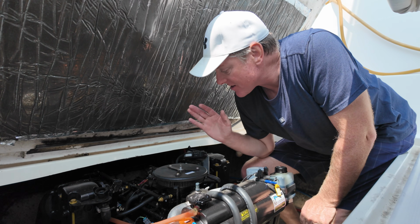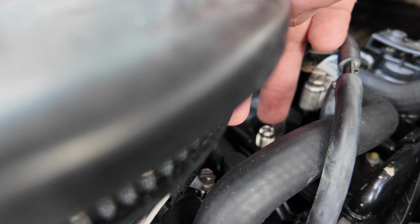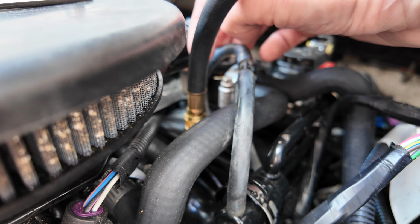All right, we're back at the dock. Time to start troubleshooting this engine. So we got our fuel pressure gauge. We're gonna hook this up to that Schrader valve, and we're gonna see what kind of pressure we're getting. According to my mechanic, ChatGPT, we should be at 43 PSI, and I know when we were out on the water, we were more like 36 or 37. So let's see what we're at here at the actual dock without any load on the engine,